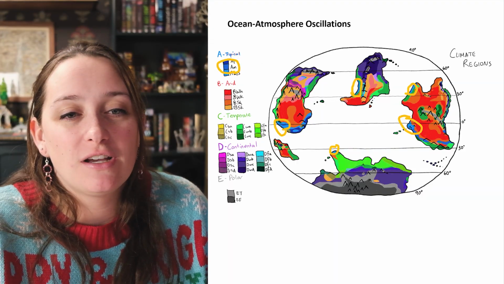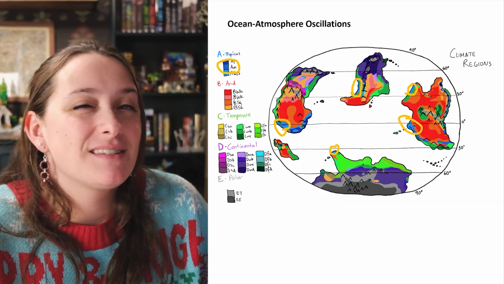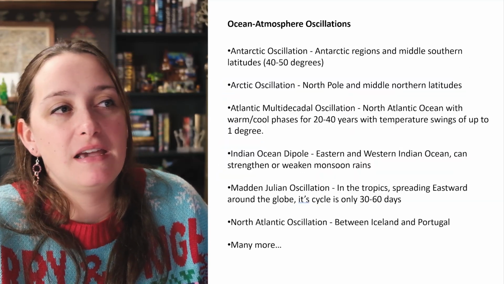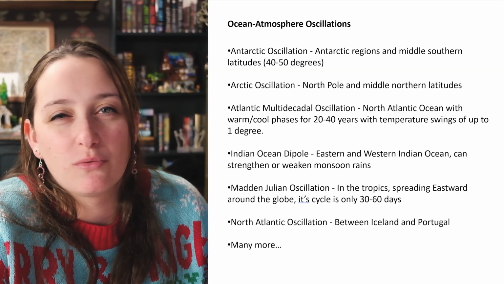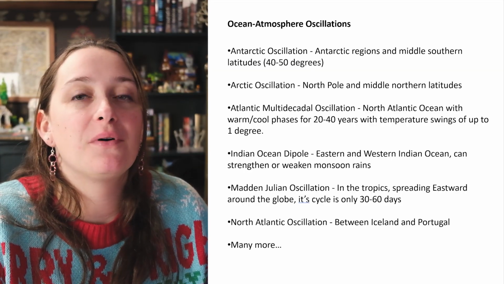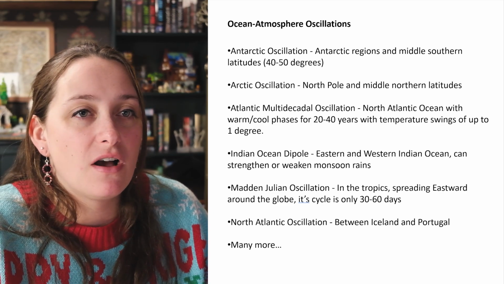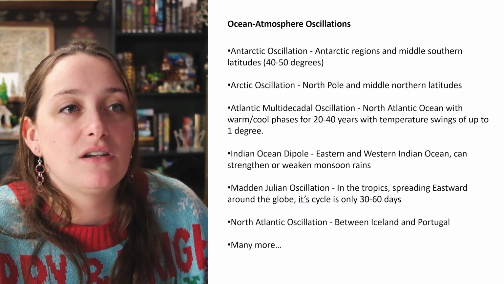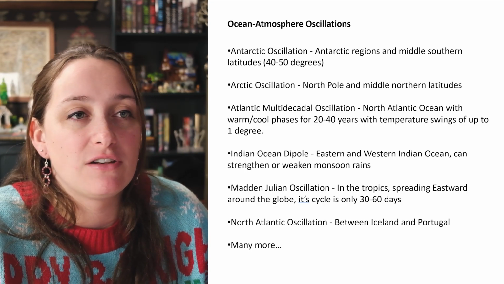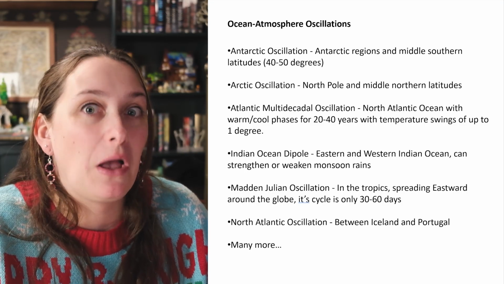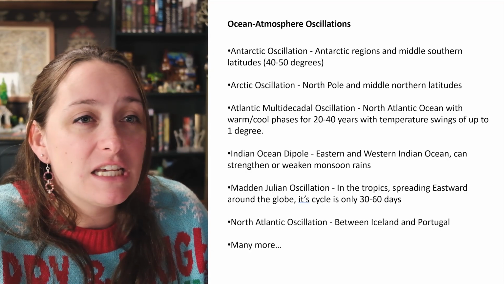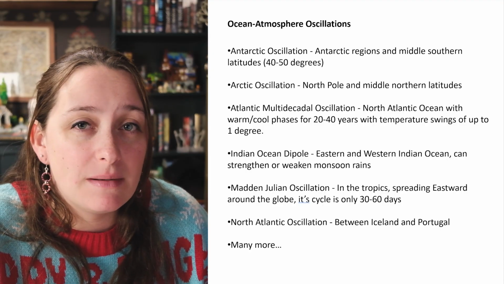But we're going to take a look at some of the oscillations on Earth and sort of see what we can do. So here's a list of some of the more common, more major, well-known ocean atmospheric oscillations. It's a mouthful. The El Niño Southern Oscillation, or ENSO, is an ocean oscillation caused by the warming of surface waters in the central/eastern tropical Pacific Ocean. And an ENSO event occurs every 2 to 10 years, normally lasting 12 to 18 months.